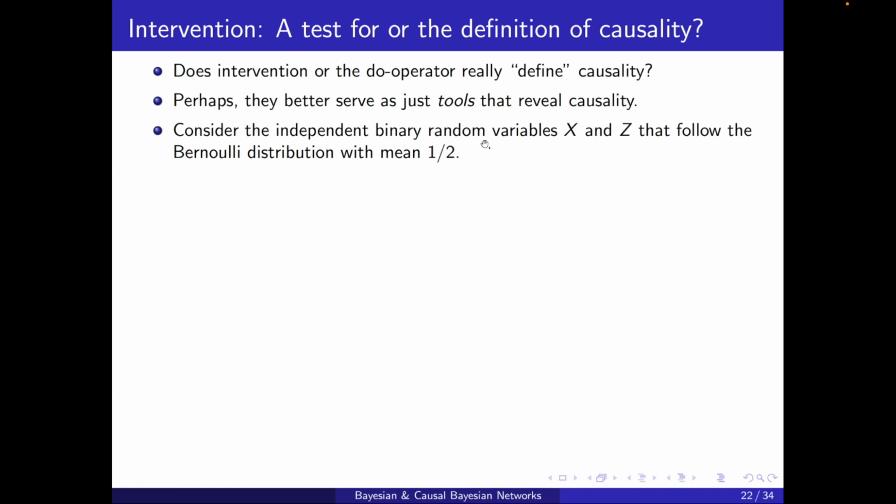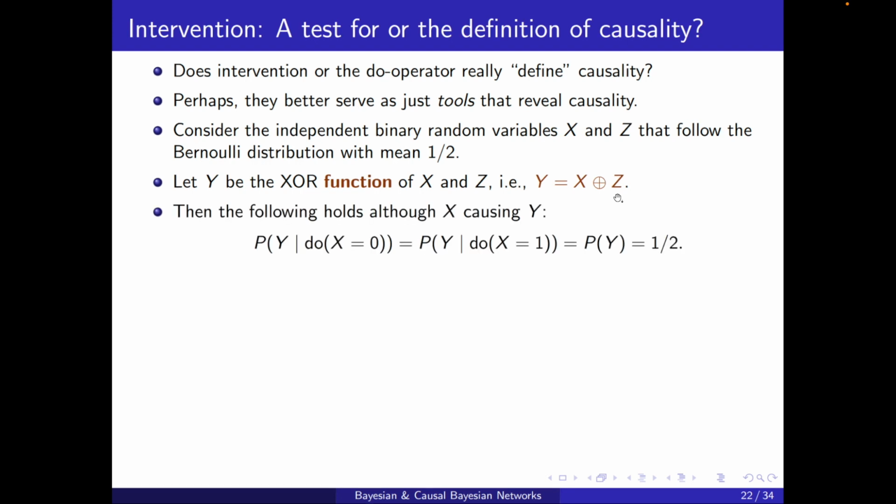Consider the independent binary random variables x and z that follow the Bernoulli distribution with mean 1/2. And I define y as an XOR function of x and z. Then the following holds, although x is causing y: P of y conditioned on do of x equal to 0, so if I put x equal to 0 here,